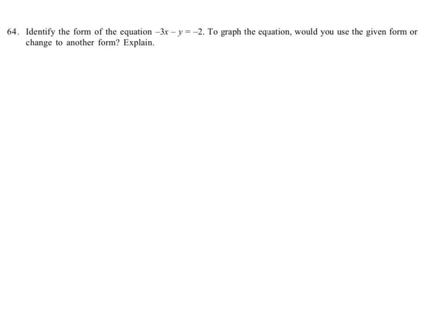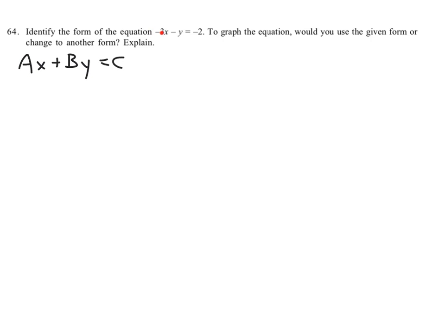Okay, so it says identify the form of the equation, negative 3x minus y equals negative 2. The form is called standard form, right? Because standard form looks like this, ax plus by equals c, where you put your x terms first, and